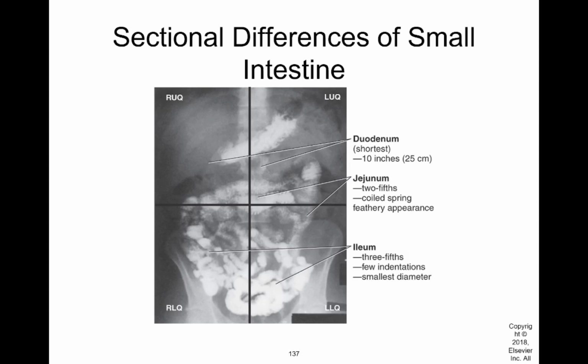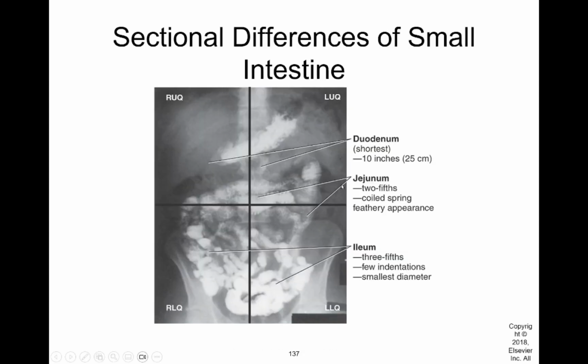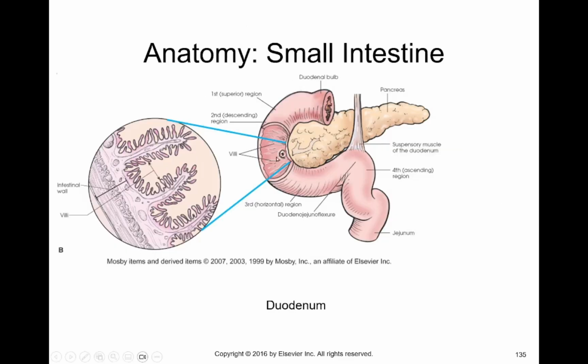Same thing on x-rays. So our function for the small intestine is digestion and absorption of food. Specifically, when we go back up to this diagram here, we get the biliary tract emptying into here, and we get pancreatic juices that come in here. What we get in this portion is emulsification of fat. Certainly we get digestion and absorption as well, but the emulsification of fat occurs because a lot of the bile comes in,